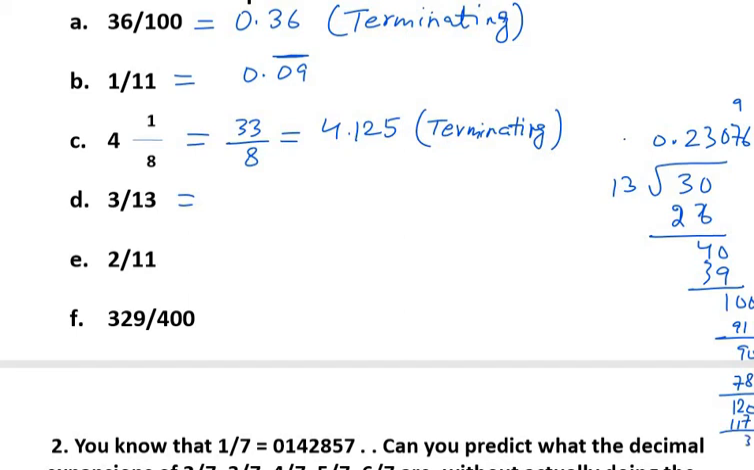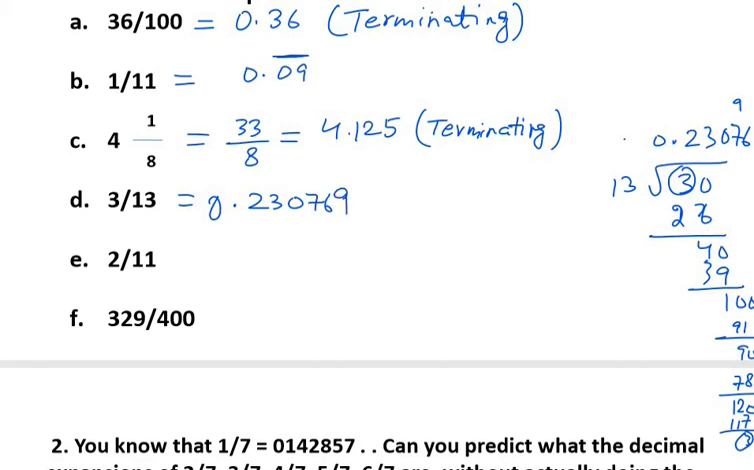So in this case you can see that we have received the same number as we had earlier. This is 3 here and this is 3 here. Then it means that it will be repeating again and again. 3 will come again and again here. So in this case the answer is